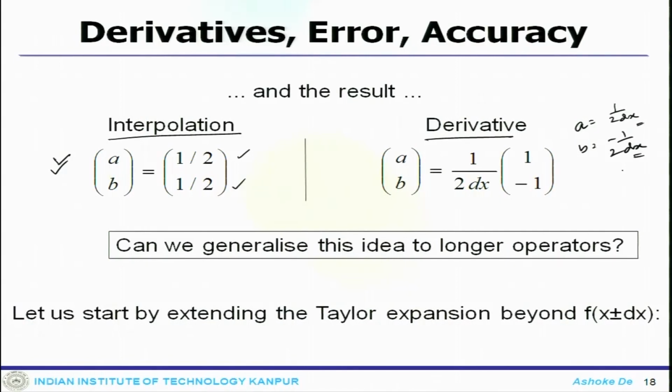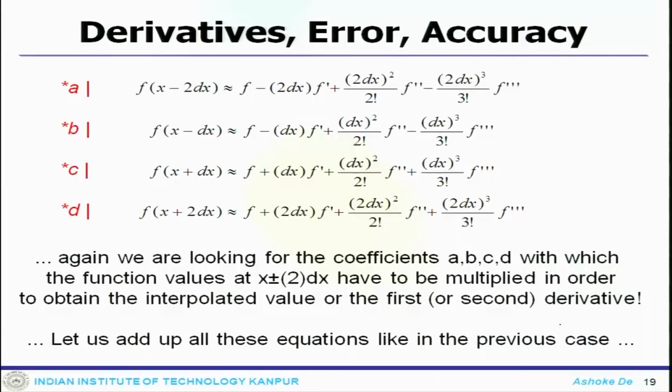So, now the question is, can we generalize this idea, this weighting idea, and use it for the other operators, or maybe try to find out the higher order derivative? Certainly we can. How do we do that? Again, the underlying theory which remains the same is the Taylor series expression, but we now have to expand the Taylor series for other terms and then find that. How can one do that? Let us look at it one after another.